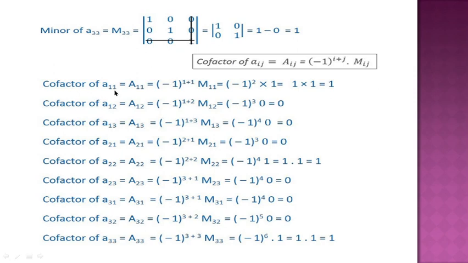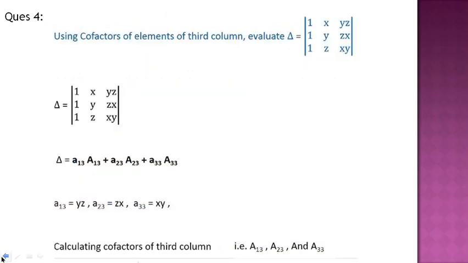And then cofactors, same concept: A11, 1 plus 1 is 2, even number, it means A11 will be equal to M11, and whenever the sum of these numbers is an odd number, the cofactor will be equal to the negative of its corresponding minor. So this way we will calculate all the minors and all the cofactors.